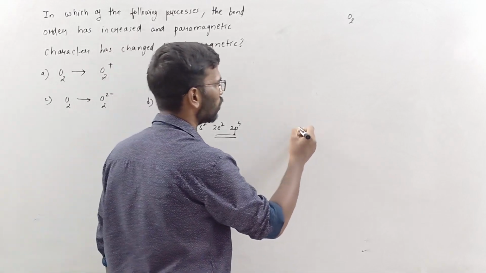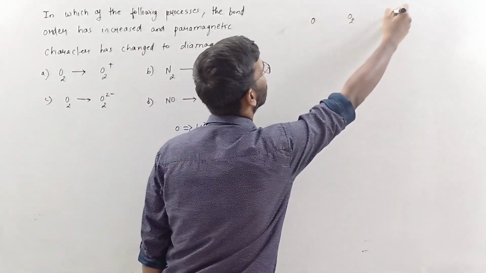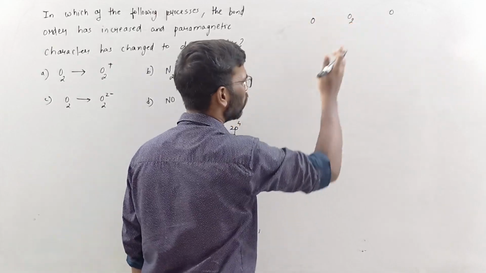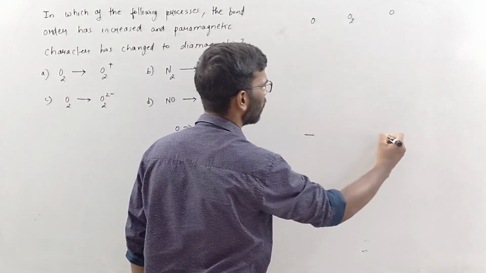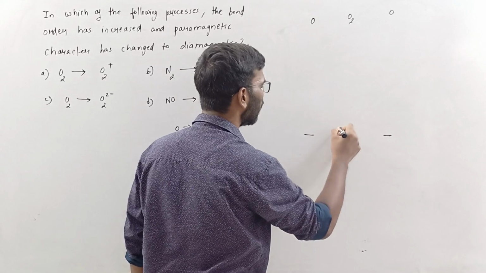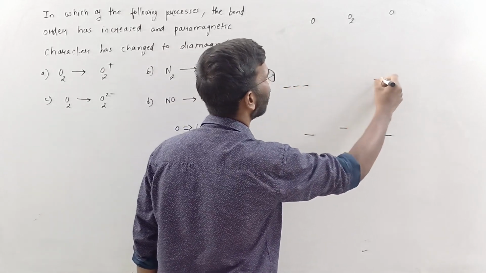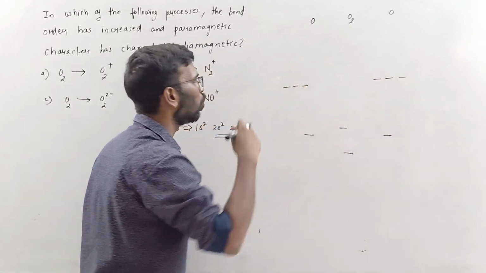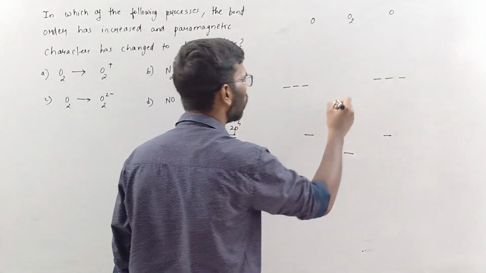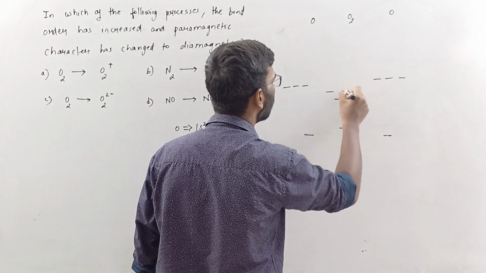So this is 2s. First I'll write this is oxygen, this is oxygen. Even though there is no need to write this, this is s bonding, anti-bonding, and this is p orbital, 3 orientations of the p orbital. So this is more than 14 electron system, right? More than 14 electron system.